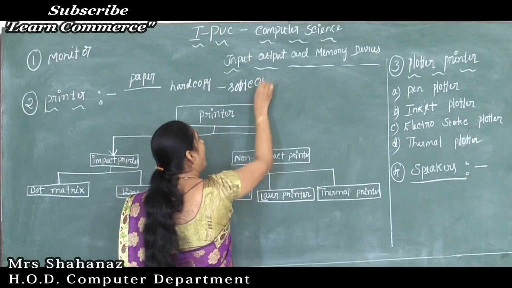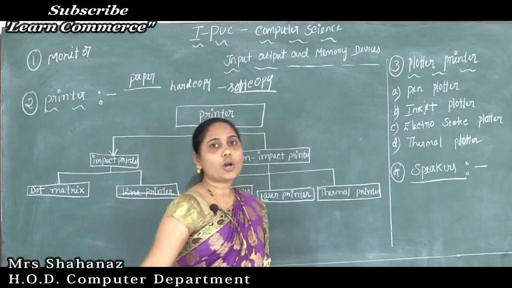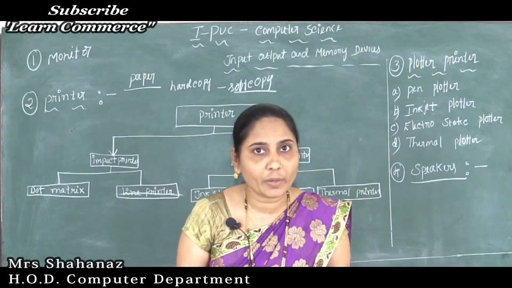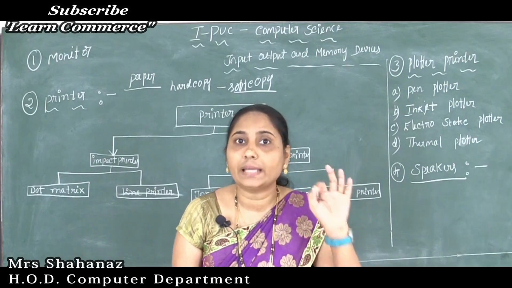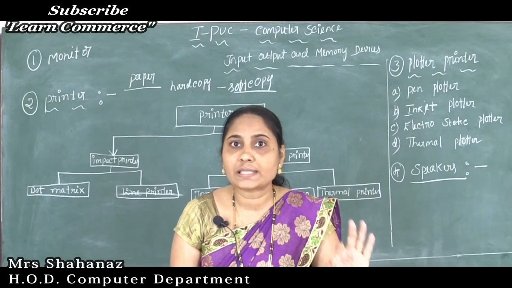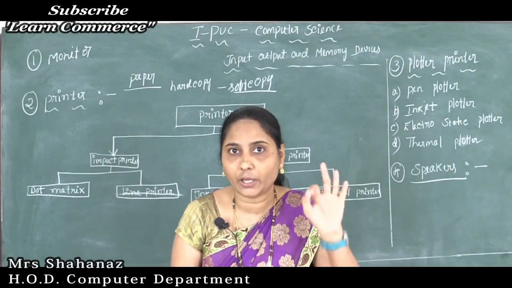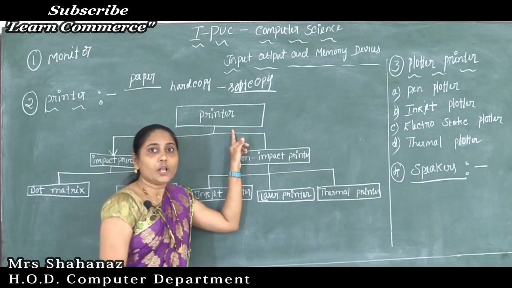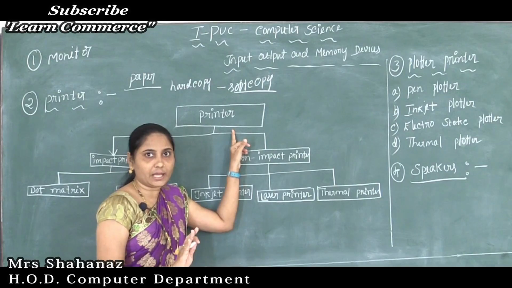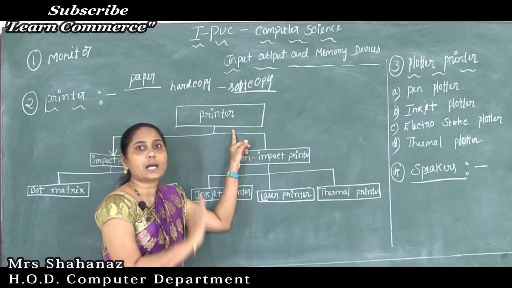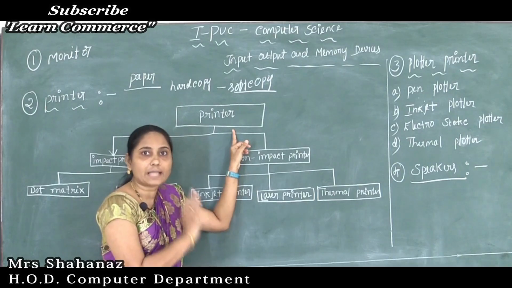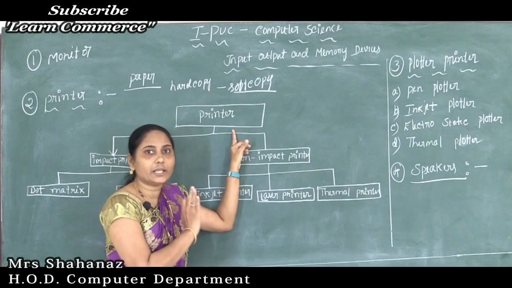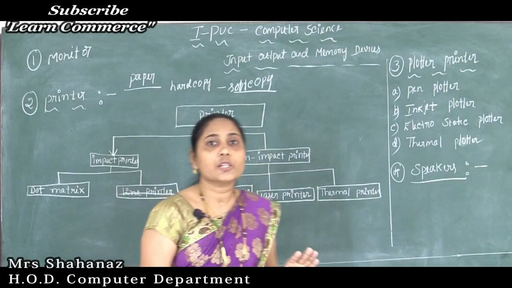Now what about the soft copy? Okay, so now our next thing is the soft copy. The information, whatever is there, all that information is in the computer. Still we have not printed such information on paper. So all the information is there in our computer. If any information is in our computer, such information is called the soft copy.